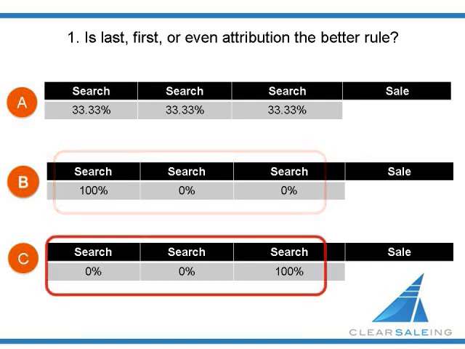And if you voted for Attribution Rule C, you believe the last ad before the conversion gets all the credit. This could be due to the fact that the searches occurred over a month, and you believe that too much time elapsed between the searches, and so only the last ad clicked before the purchase is relevant.